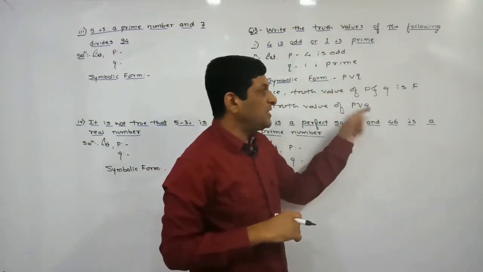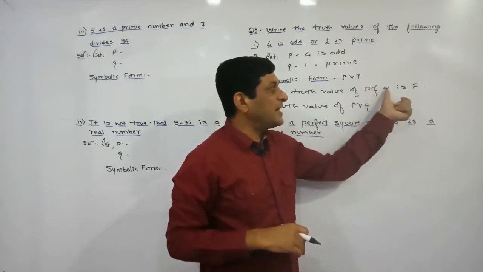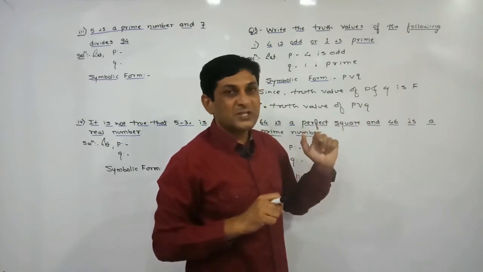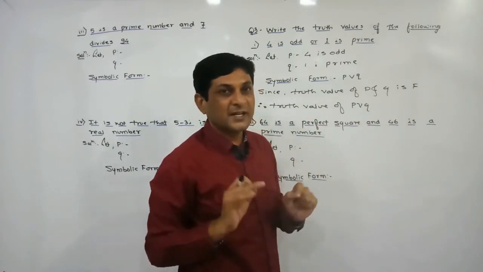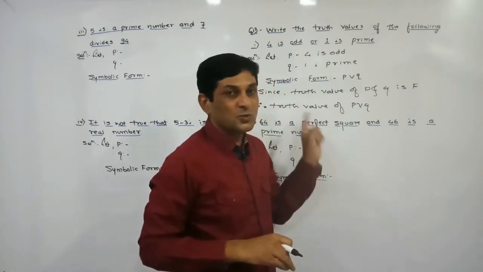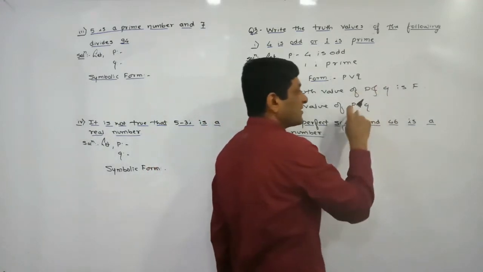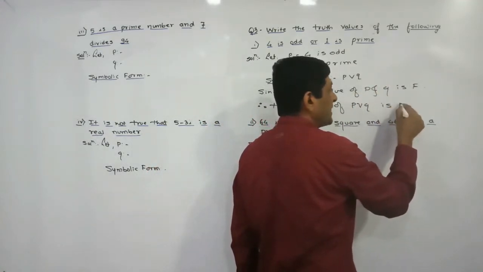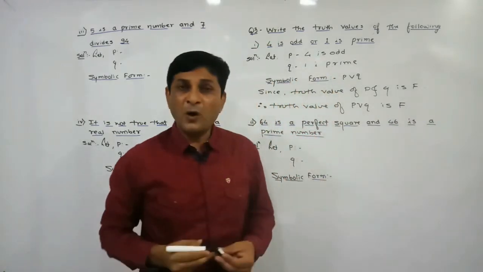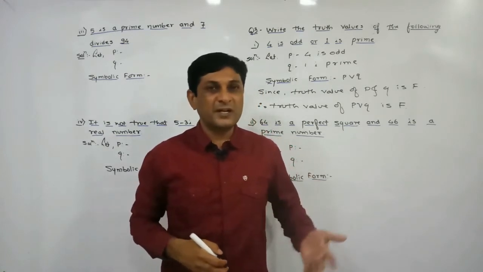So the truth value of P or Q can be found using this result, that P and Q are what? False. If both P and Q are false and these two statements are connected by which logical connective? OR. And what is the condition in case of OR? If at least one statement is true, the truth value of OR will be true. But here both the statements are false, so that's why we can say that the truth value of P or Q is also what? False. All these results we have discussed when we saw the truth table and symbolical representation of logical connectives.